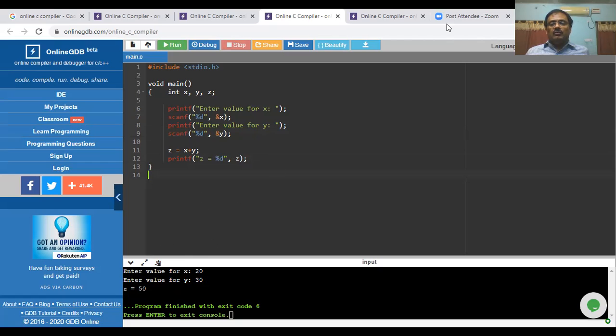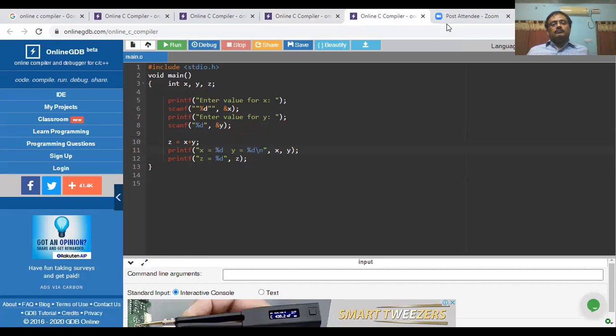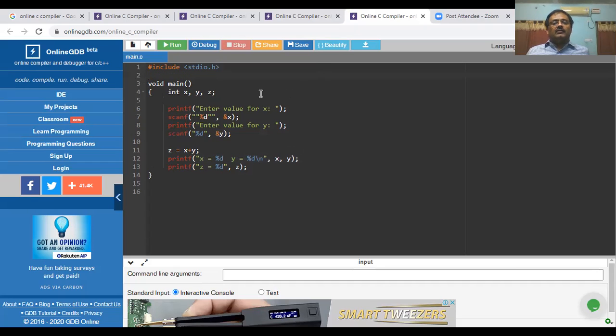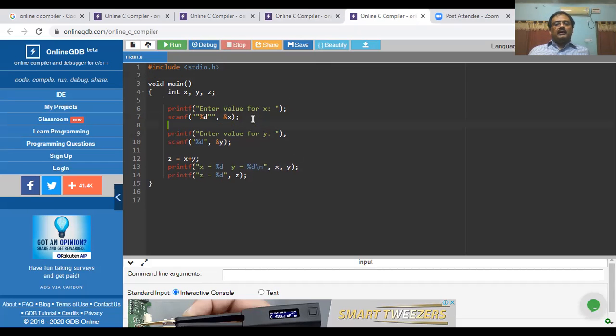Right? Now we go for executing another program. Here also I declare x, y and z. Printf, enter value for x. Scanf, to read value for x. Printf, enter value for y.